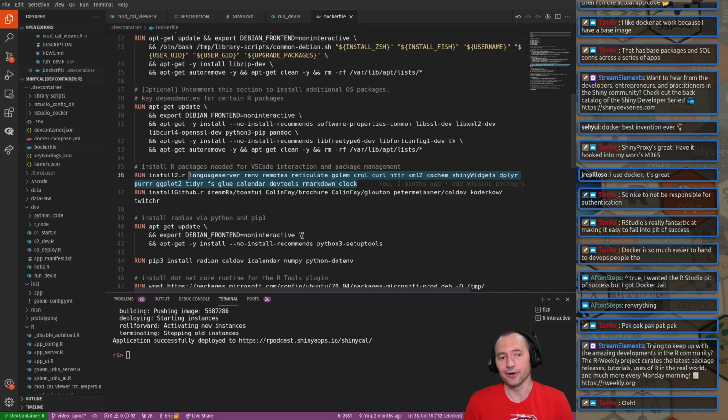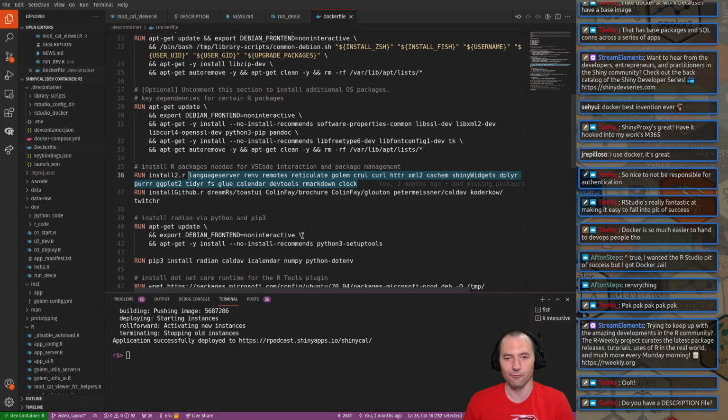So the bottom line of this is that I was doing this for my work project using a setup much like what you're seeing here on this stream. But I missed a bunch of these system dependencies for these other R packages that the package I'm working on depended on. Yeah, I do have a description file, like I do here as well. I definitely have those. But